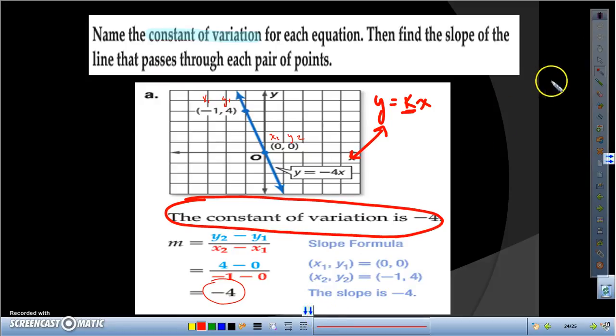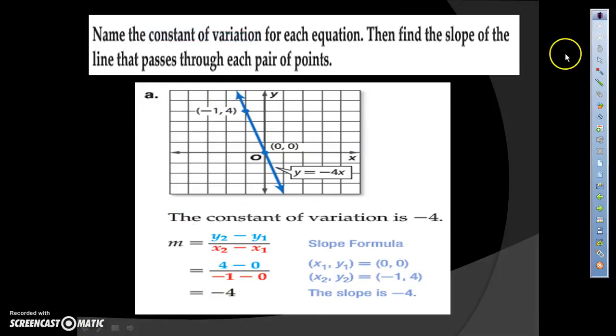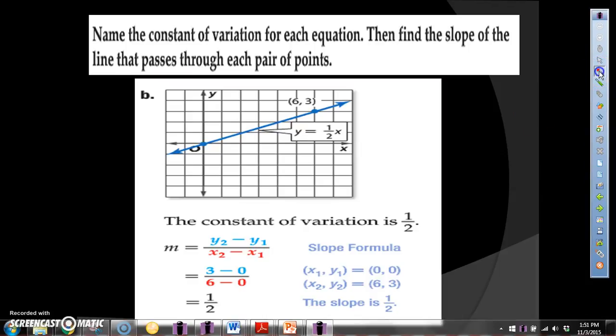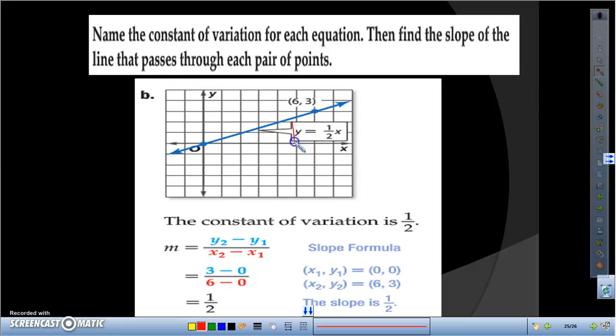Let's look at another one similar to this. Same directions: I want to name the constant of variation and then find the slope between the two points. Here's my equation for the line, and what is taking the place of k here is the 1/2. So my constant of variation is 1/2. Then I want to find the slope of the line that passes through the points. My point here is (0, 0). So I'm finding the slope between (6, 3) and (0, 0), which you see being done here,